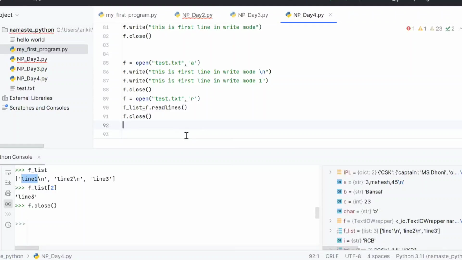We have the index function, right? So how do you want to search? You want to search some keyword or something, right? Once it is a list, you can do all the list operations. You can find the index of line 3 or a substring, indexing, slicing, everything you can do, right? Whatever we learned in the list, everything can be done now. f_list is a list. Now do whatever we learned in the list. Okay. So by using the index function, we can know.